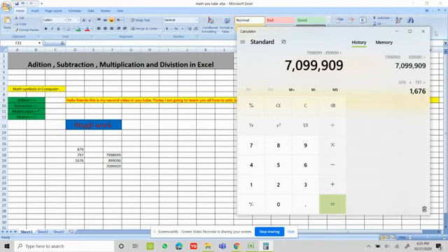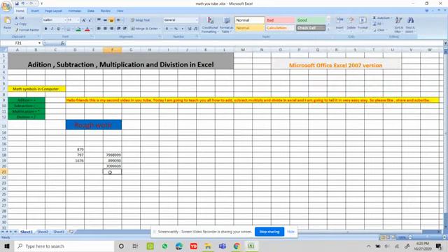The correct answer. Now multiplication. Now another number. Okay, now the smaller number. Now click on the equal to sign and then the first number, the multiplication sign, and then the second number,